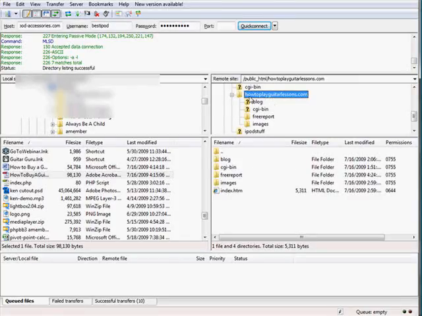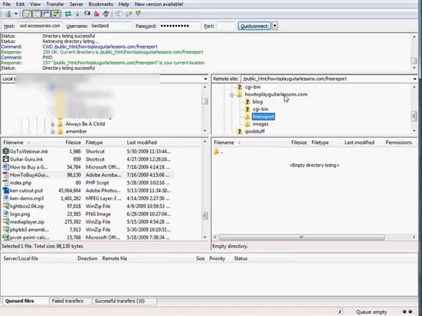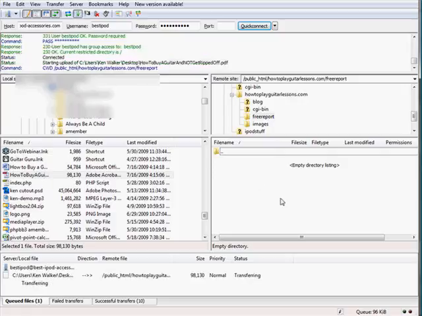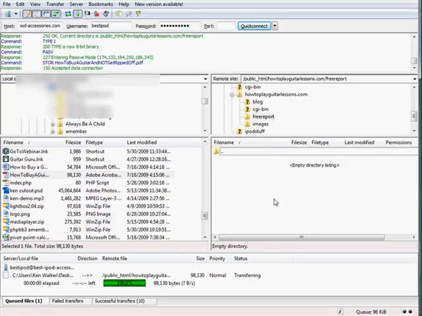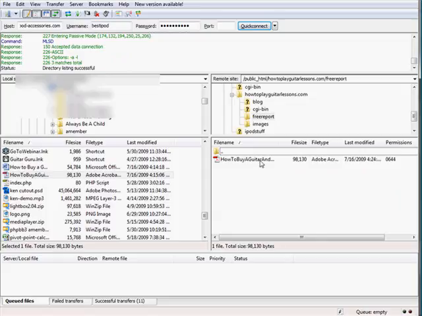So when I click on this up here, I'm at the root of my site. I want to go inside that folder. So I can either click here, or I can double-click there and go right to it. But you want to make sure that you're inside the folder. Then we just take that PDF, drag it over here. So what we have got now is